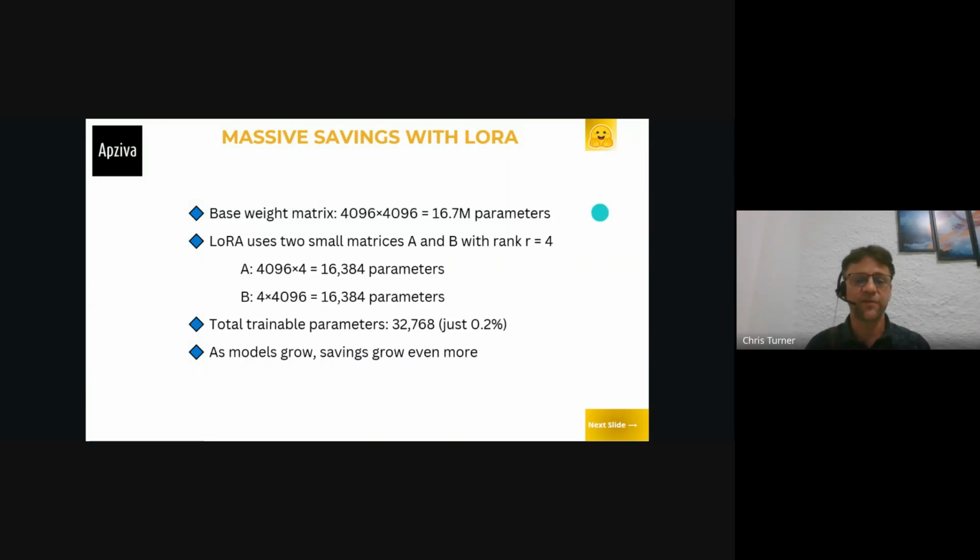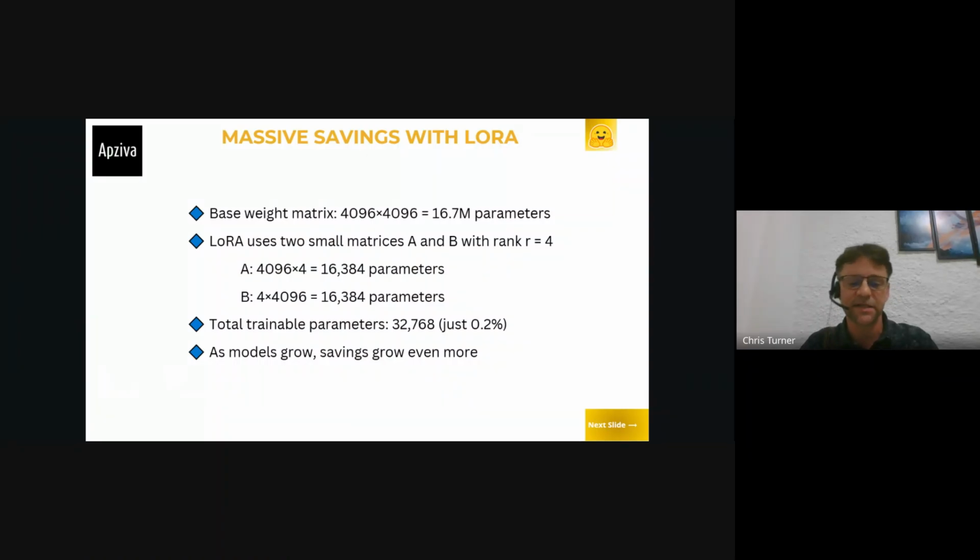So if you want to fully fine tune this layer, you've got to do backpropagation and gradient descent 16.7 million times. If you want to do that with the LoRA adapters, we only have to do it 32,768 times. And so you can really see here how using this LoRA trick is making it so much easier for our tiny machines at home to train one of these giant models. And so that's really the main trick that LoRA uses to help us train these models.